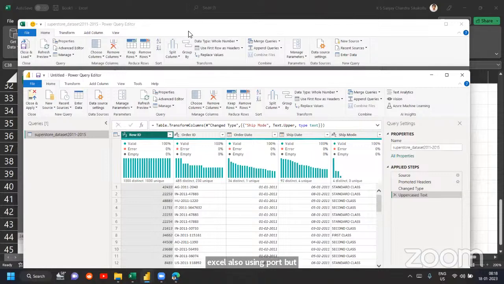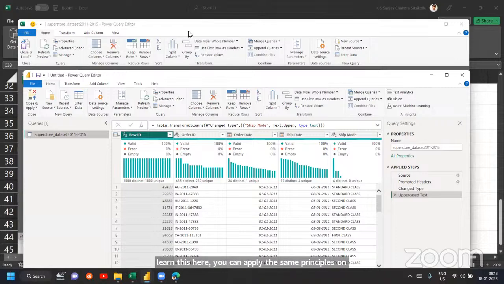So that's why I mentioned, if you are good with Power BI, you can take your Excel skills to the next level. If you are already good with Excel, then learning Power BI is easy. But this kind of advantage you will not get with any other BI tool. So this is the biggest advantage of learning Power BI. If you learn this here, you can apply the same principles on Excel also.